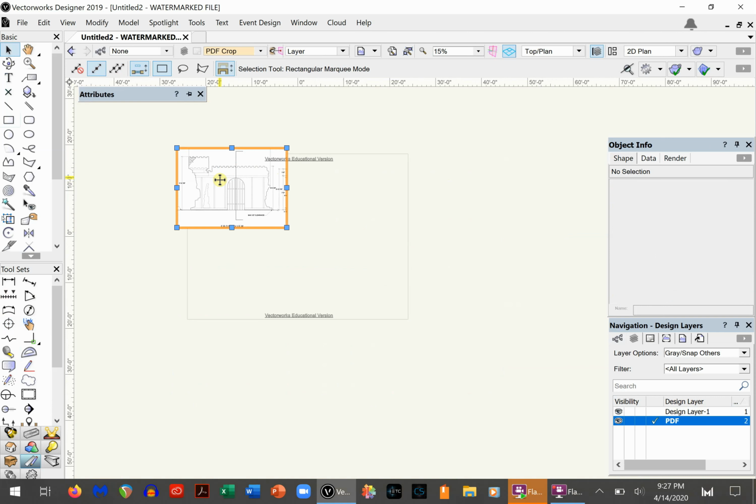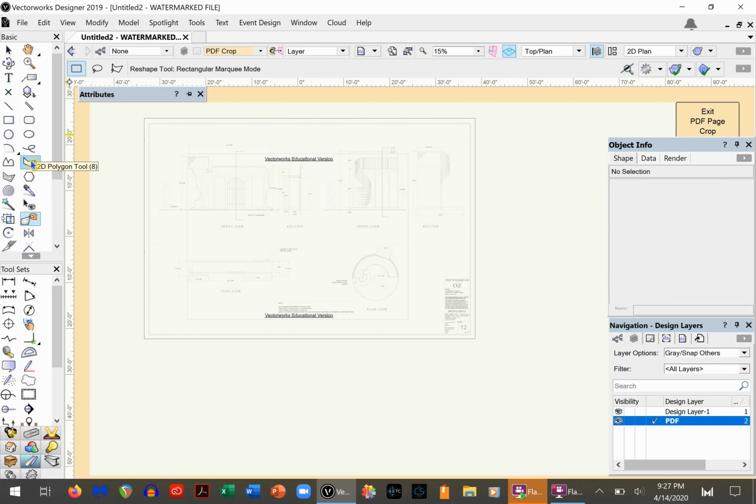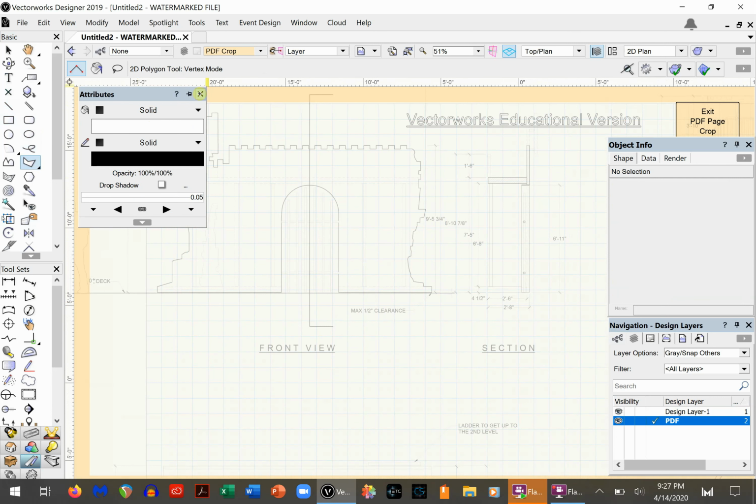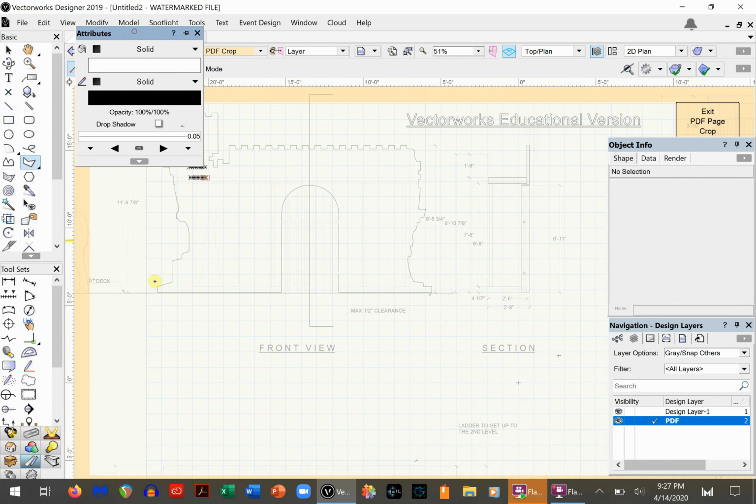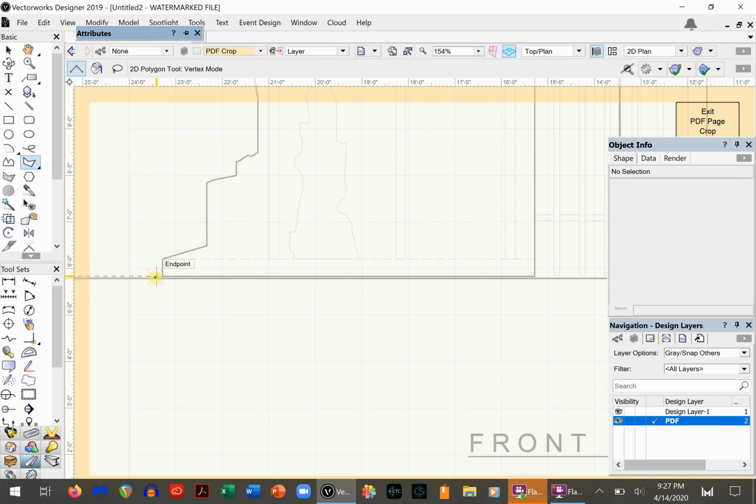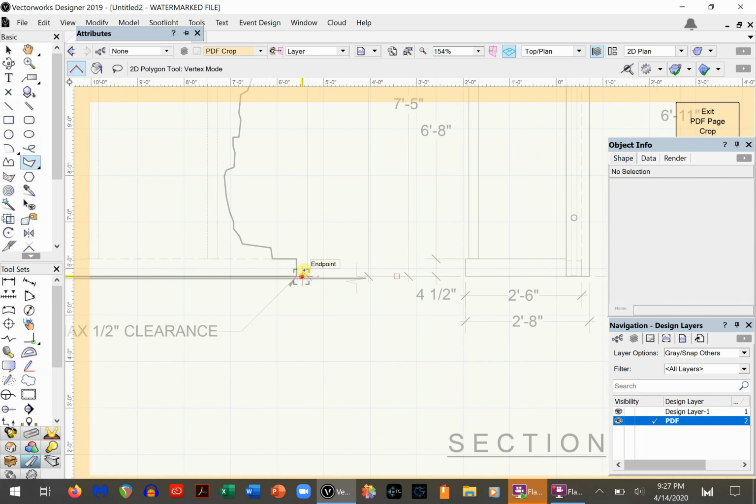I can go back into that edit window, double click. Maybe instead of a shape like a rectangle, I can do really precise stuff with maybe the 2D polygon tool. So if I select that, and I'll zoom in some so I can see what I'm doing. Get rid of that attributes palette for now. So now I can get really close to my subject, and I'll just